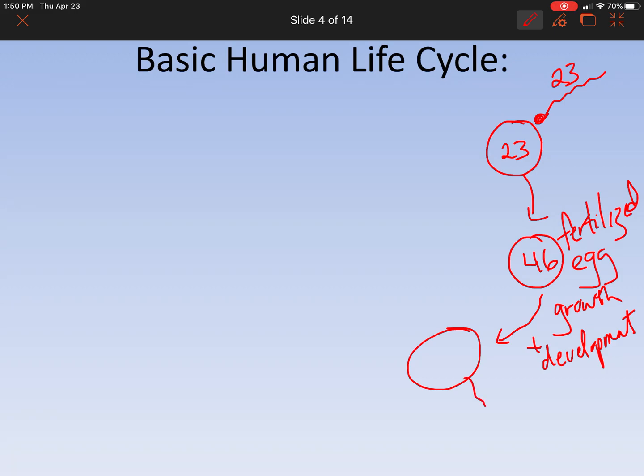So this would be multi-celled here, and each of these cells here have the 46 chromosomes here. So through the growth and development, this is mitosis. So mitosis is happening, and now we're going to have lots of different cells in here. Okay. Now, through this, this is now birth, okay, so birth,